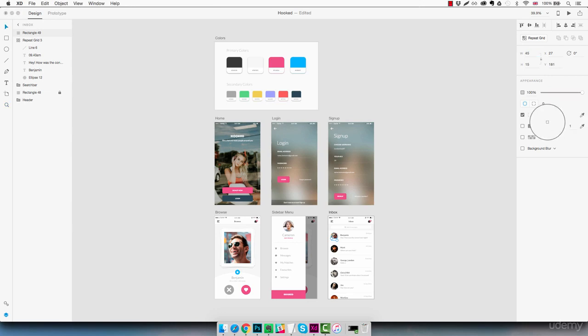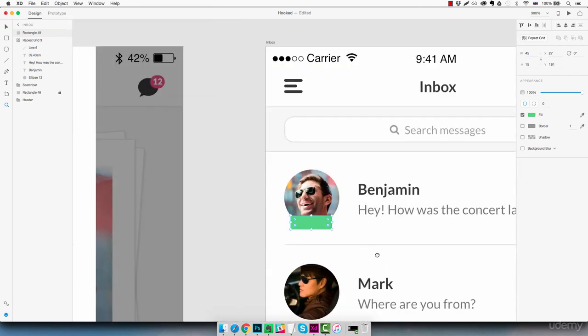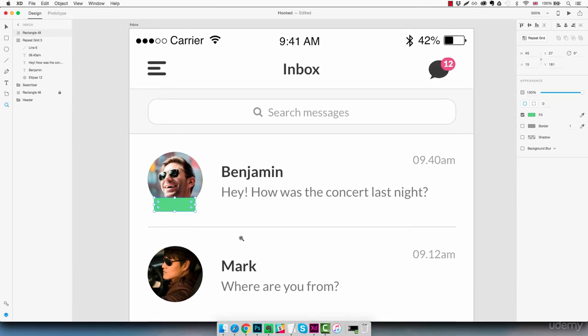So we're gonna use the color picker and select the green here. Okay, so back to our screen, we're going to round up the edges of this rectangle, just like this,